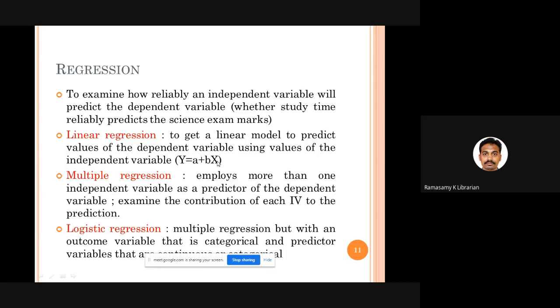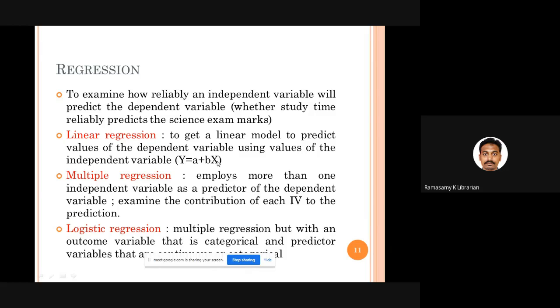We are studying how effectively these three independent variables will predict the score of the child. That is called multiple regression. You can find out the contribution of each independent variable and the contribution of all the independent variables taken together. Both can be studied in multiple regression.